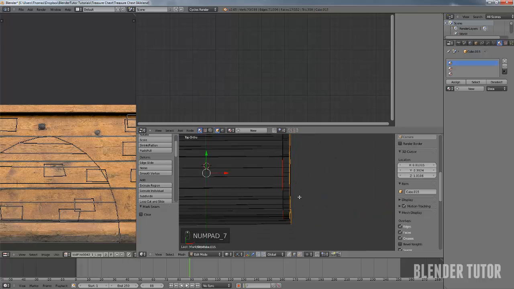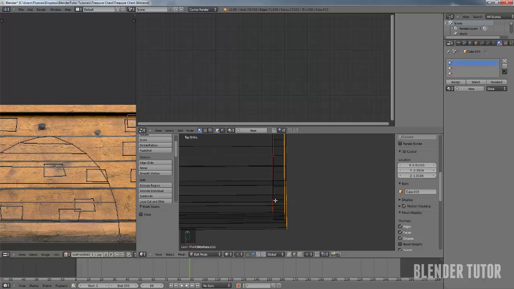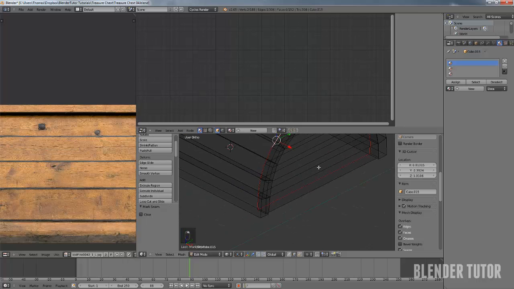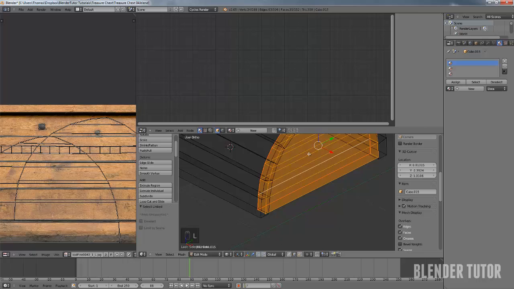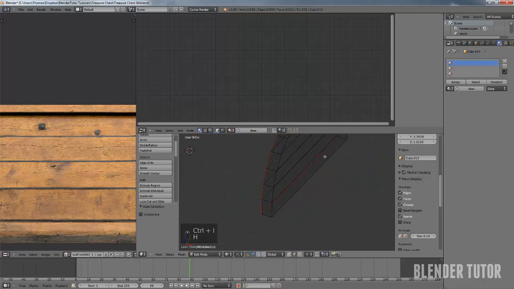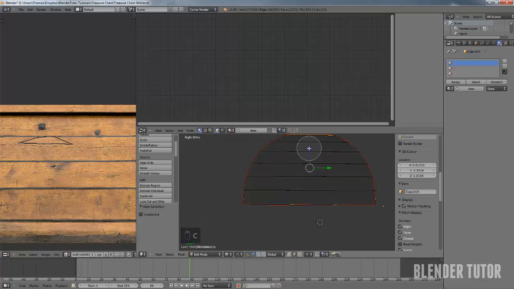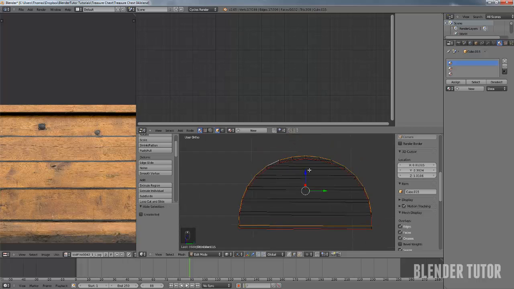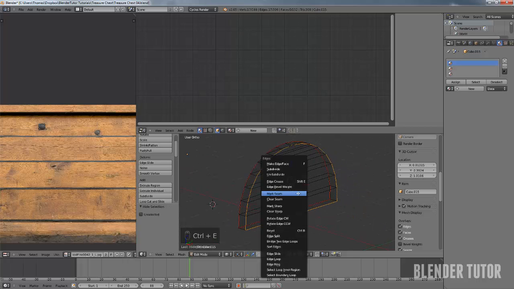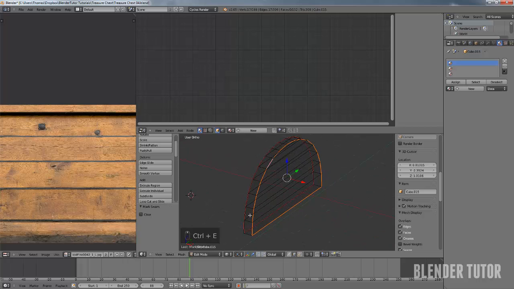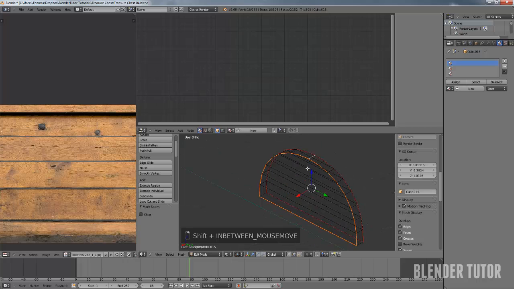Since this isn't straight on, it's a little difficult to work with. So I could do what I was doing earlier and just select a piece of this, Control I, H. Okay, now you just select all of that, and then I just unselected the inner. I don't want any faces selected, just the edges. So with that selected, mark seam, and then I just need to unwrap one little area of that